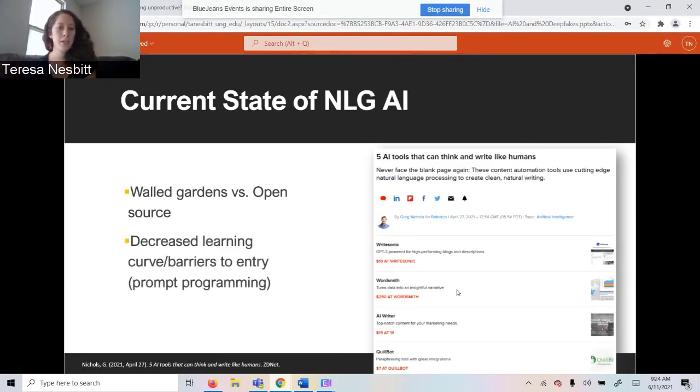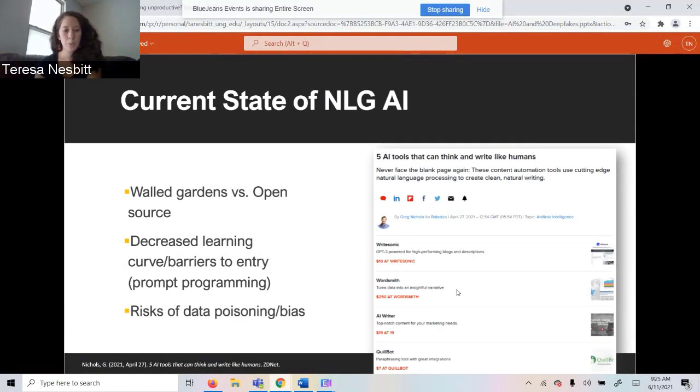The other interesting thing about the current state of natural language generating software is the fact that really anyone can do it now. What you saw an example of with Liam Poor's blog was an example of prompt programming. This means that instead of having to learn how to code in order to generate a certain type of output from an AI algorithm, you can now just train the algorithm using natural language, showing it examples of what you want the output to look like, and then leaving the rest up to the software itself. So really, anyone can do it now. The threshold for entry has lowered to anybody who can write.